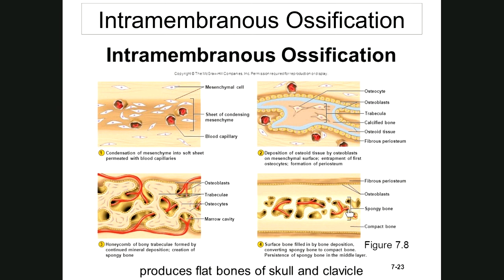Now intramembranous ossification is going to form bones like flat bones. Oh, there it is. It produces flat bones of the skull and the clavicle. Your shoulder blades are flat bones. Your skull has a lot of flat bones that are curved. Ribs, they're a type of flat bone also. So let's look at